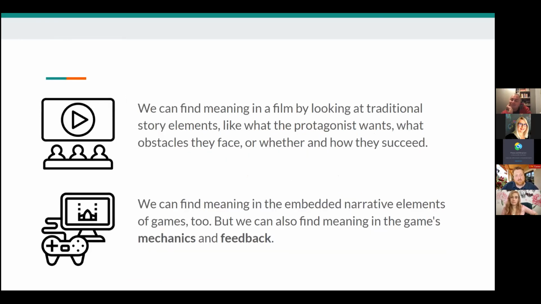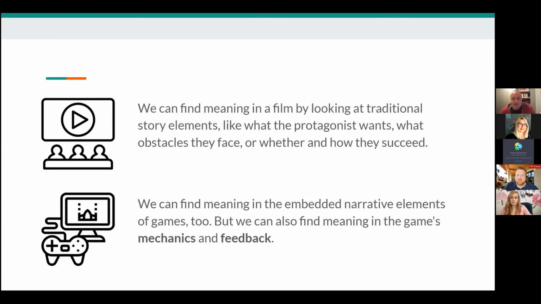To go back to thinking about passive versus active engagement, thinking about traditional media and film criticism and the viewer experience for films. We can find meaning in a film by looking at traditional story elements, like, for example, what the protagonist wants and what obstacles they face and whether and how they succeed.